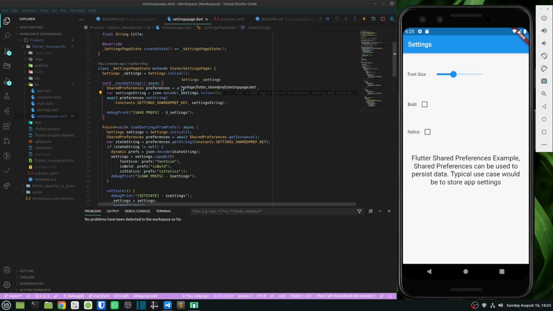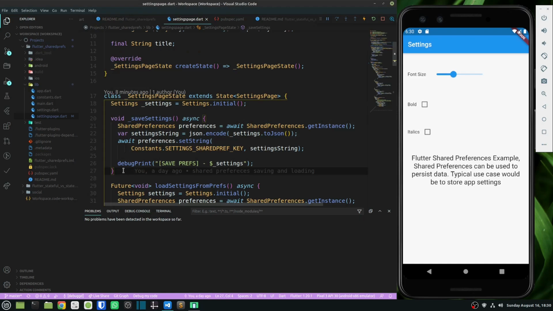That map is then encoded into a string using json.encode. And then I am persisting that JSON string into my preferences. So this is how shared preferences is persisting my data.